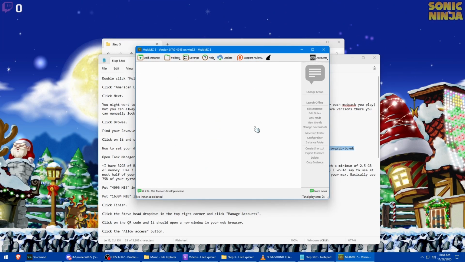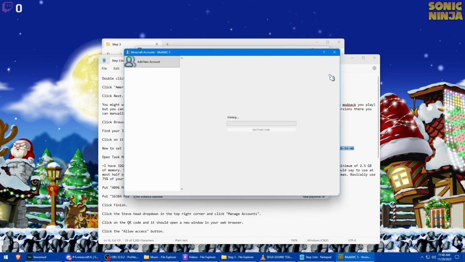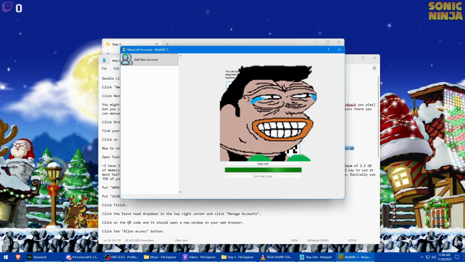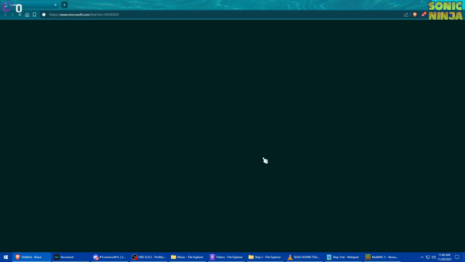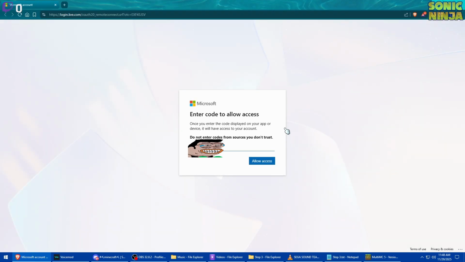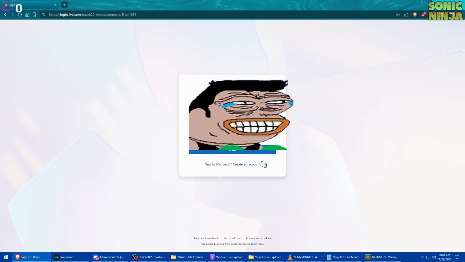The next step that we're going to do is we're going to need to link our Microsoft account. When you click manage accounts, it's going to generate this QR code link here. What you're going to want to do is click on the link. It's going to open up a new page, and it's going to put the code in, and it's going to say allow access. So I'm going to do that,